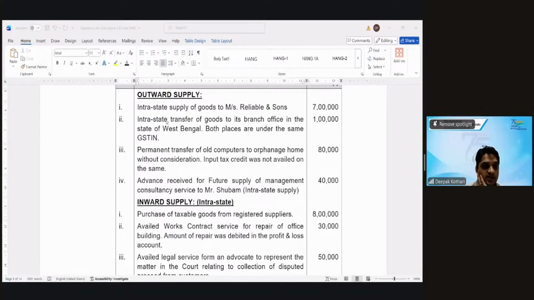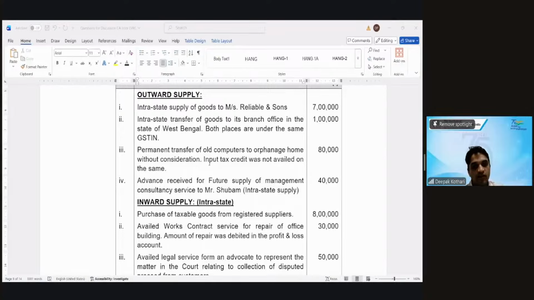No furtherance of business. There's no question of furtherance of business. Read Schedule 1. That is when we are dealing with ITC, but interlinkage of supplier also is important. In supply, it says that when you supply something without consideration, when you're disposing it off, then it is still liable. This is an asset. Old computer is an asset. So it will be taxable.